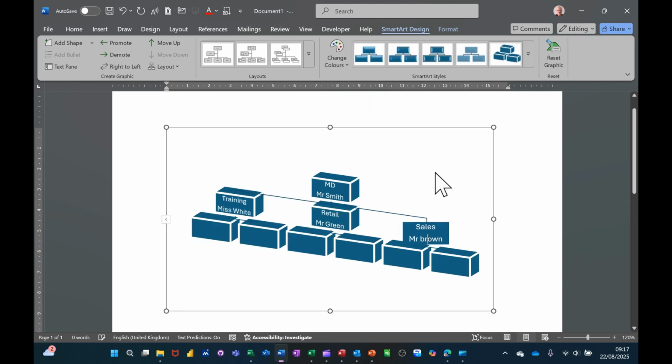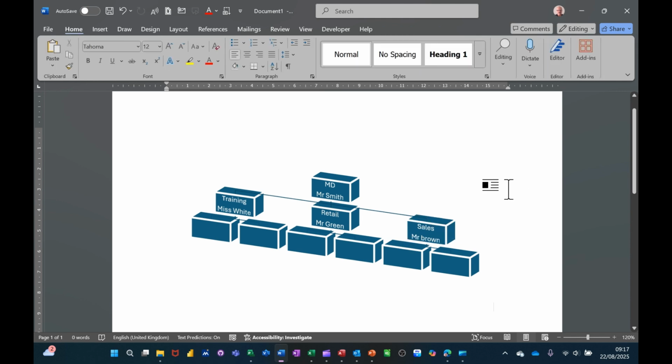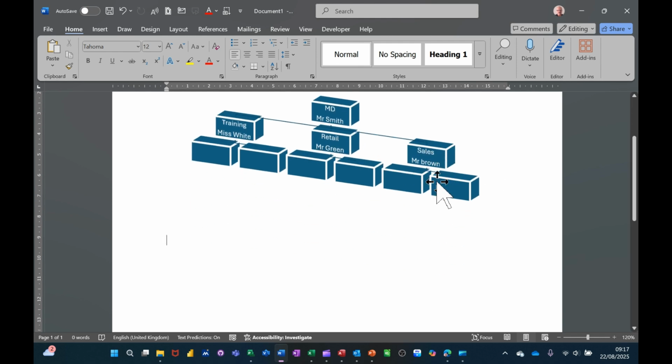Click on that and there's the style for this organizational chart. So that's the first one I want to do. Now there are some SmartArt diagrams that are slightly weird in the way you have to format them. So if I go and get myself another one,